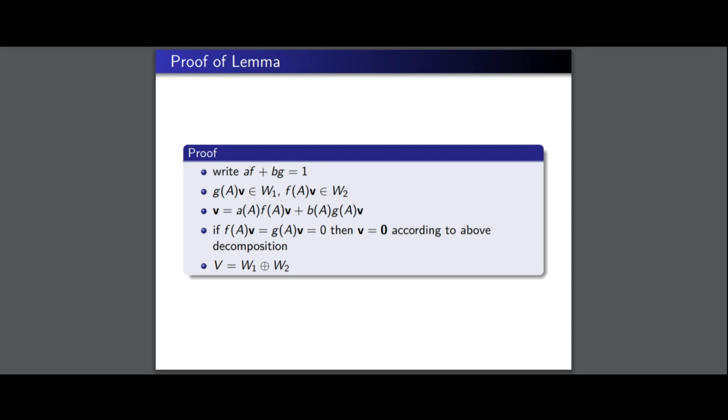I'm not really going to ask you to find a and b, but if you did, it wouldn't be so bad. You have to do something called the Euclidean algorithm. You just do it for polynomials, and it turns out to be fine. Okay. Now, if you have that af plus bg equals 1,